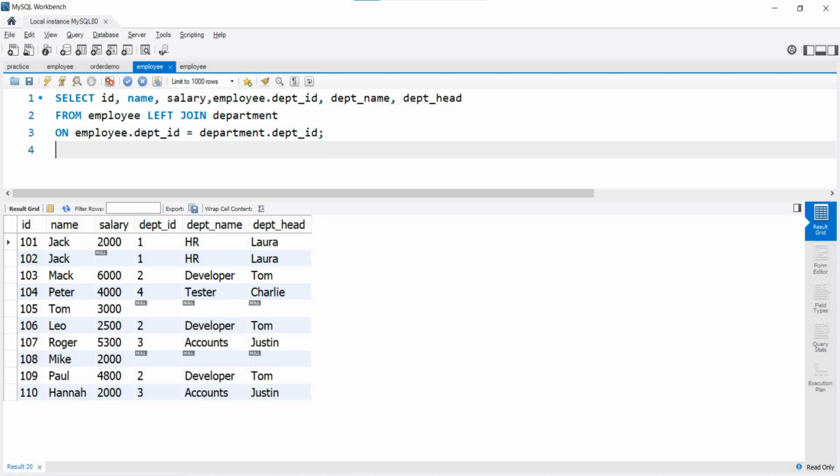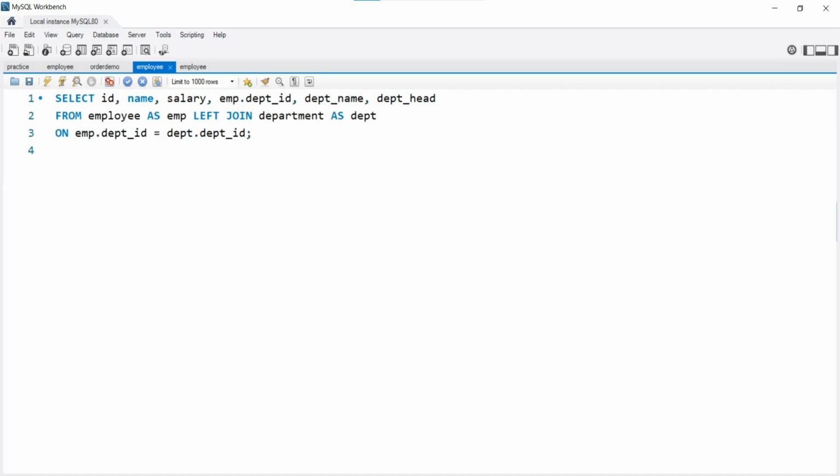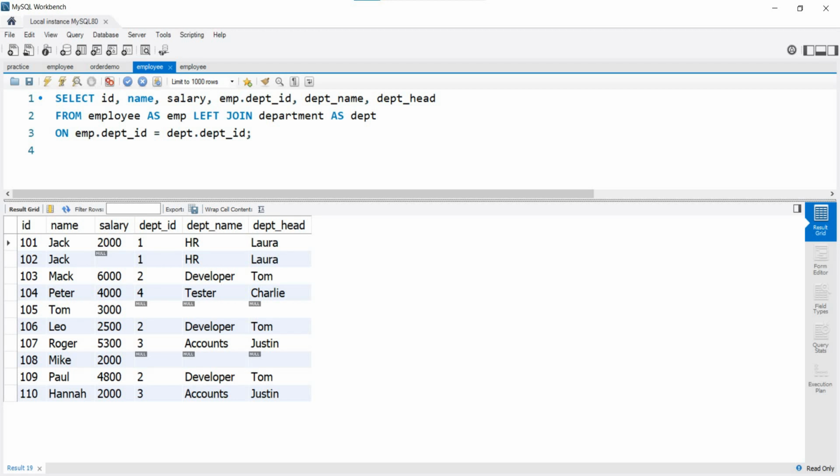So as I said before, the employee table is our main table. So we will get all the rows from the employee table as we are using the left join. And guys, you can also use an alias at the time of table joining, as it will increase the readability of our query. Like here, I am using EMP as a temporary name for the employee table and DEPT as a temporary name for the department table. So now we have to use this alias whenever we specify the table name in the entire query, like with the select statement or with the on clause and so on. So when we execute this query, we will get the same result as before.